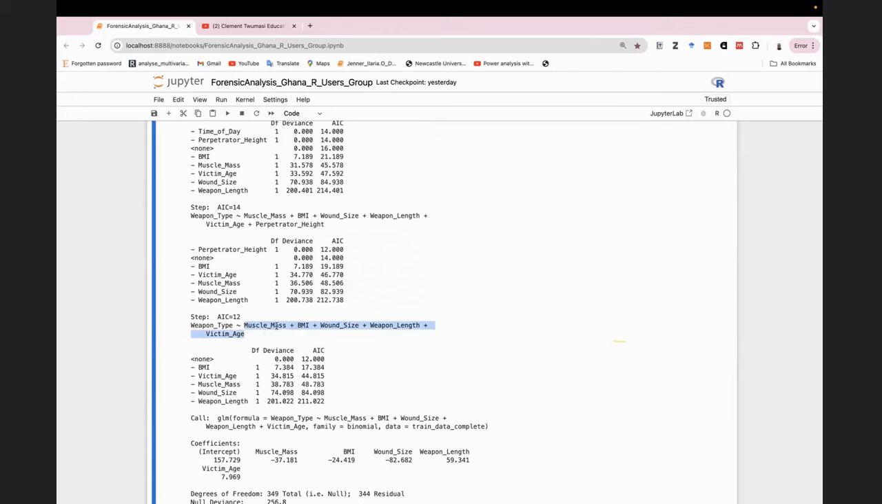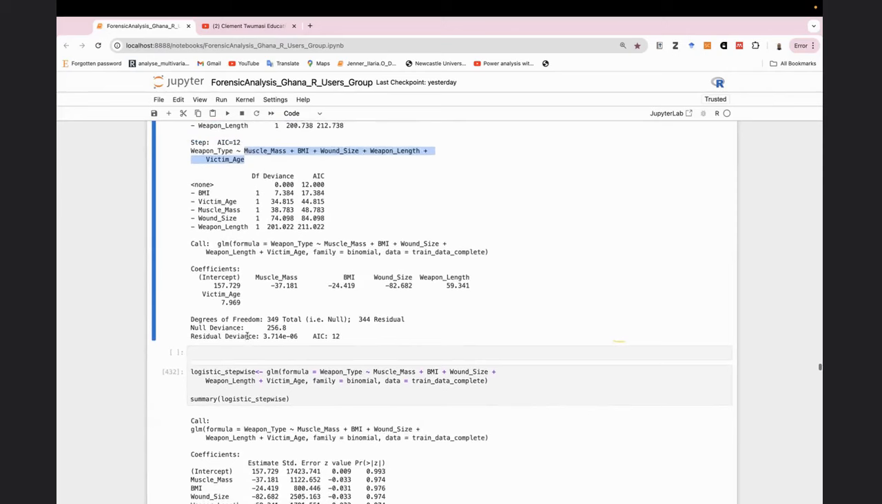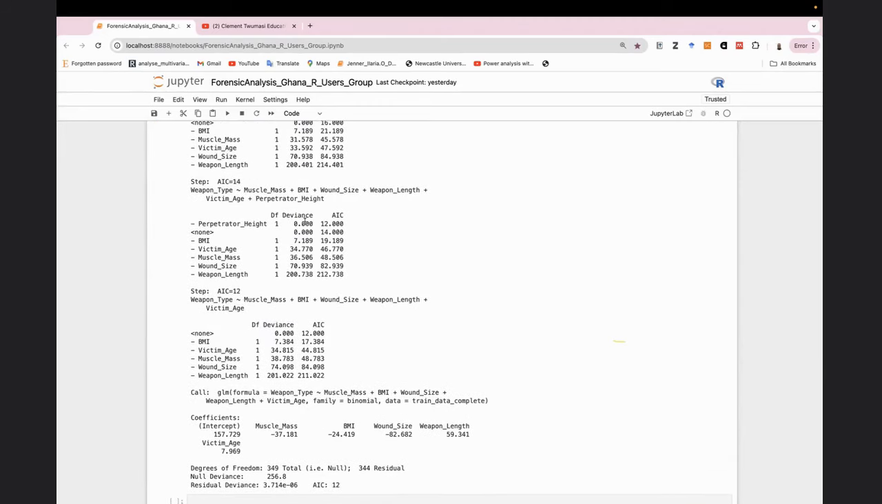It considered muscle mass, BMI, wound size, wound length, and the victim age as the variables you should rather use to fit your model. That is to say, these are the variables that will give you the best model according to the stepwise regression. We will try and see whether it is true and compare it with the lasso. So that is what is suggested. And then we'll try and compare it with what Lasso also recommended. So if the ridge regression and the stepwise regression concluded muscle mass, BMI, wound length and age as the best,